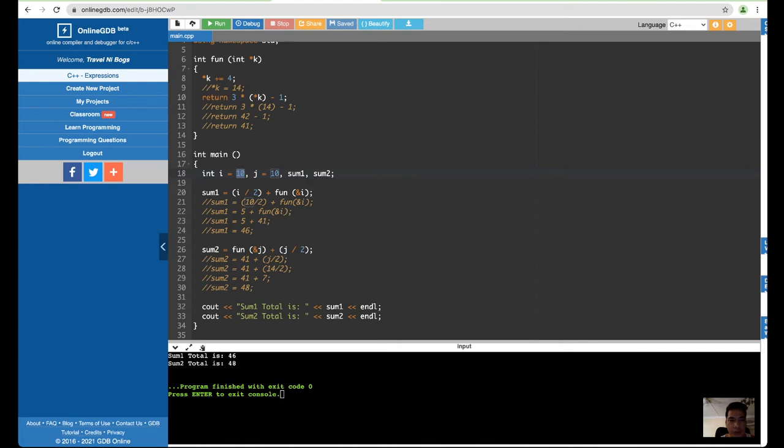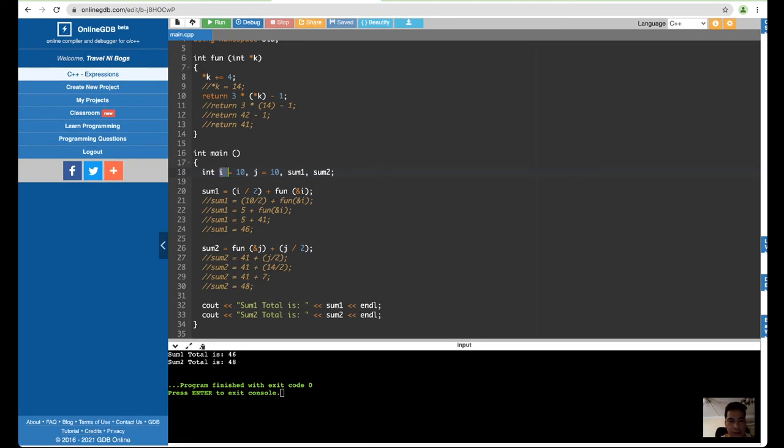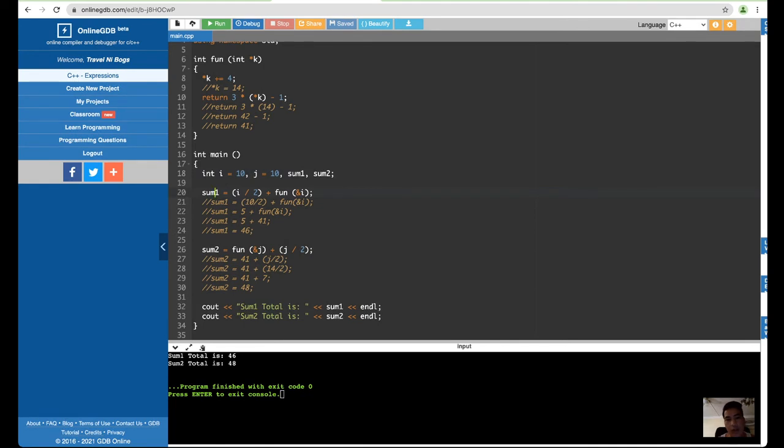So if you can see, i and j will be the same. And here we go to the first expression. The first expression is sum1 equals open parenthesis i divide 2 close parenthesis plus function of i, which